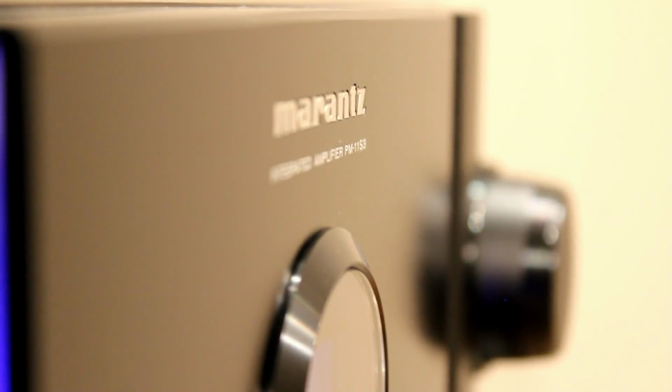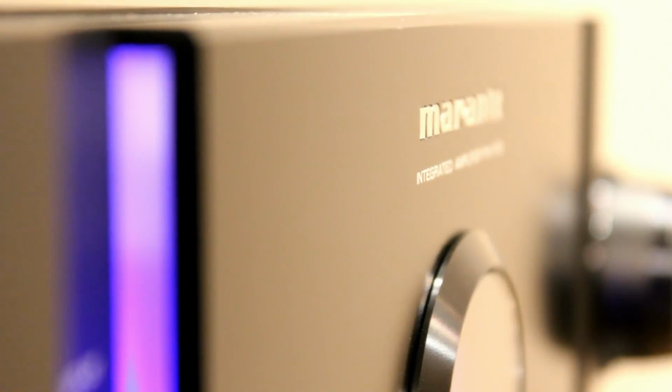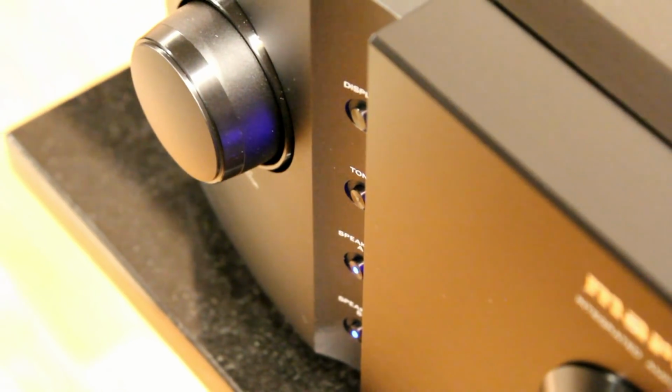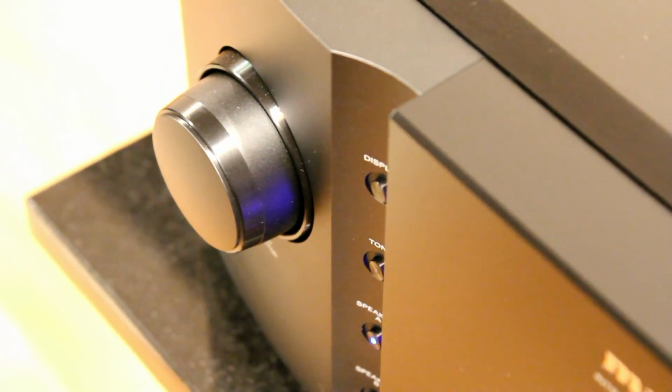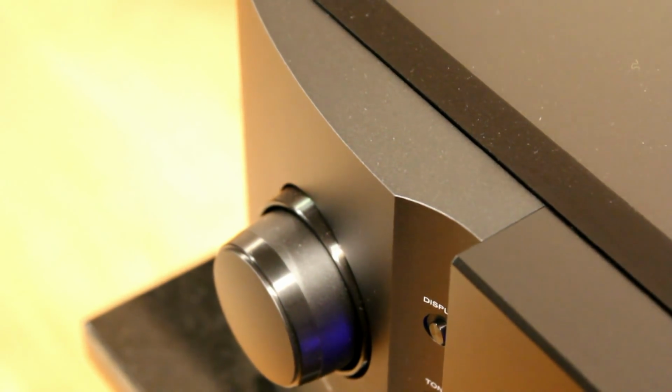It really would suit a modern, contemporary environment, and it's substantial. It's built like a tank. It's very heavy to move around, and it weighs 26 kilos. It has copper plating throughout. The chassis is copper plated, the back panel, internally there's lots of bits that are copper,